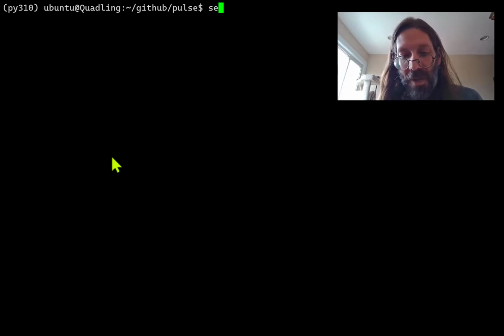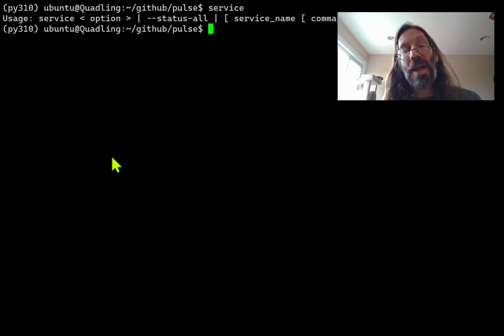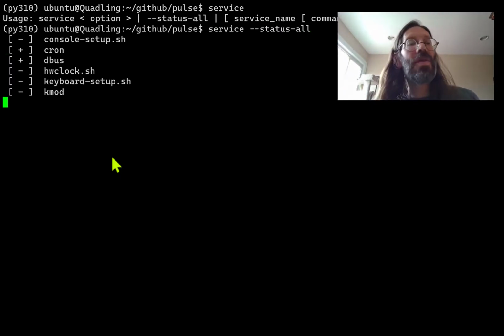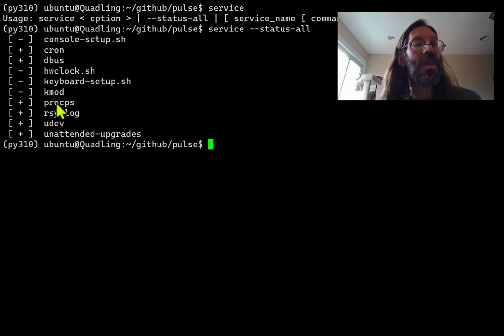I'm going to use the old service command that I know, because I know it better than systemctl. So I can do service status all. And as a newly created container, there's not going to be very many services running. But one of the services that we should be able to start, service